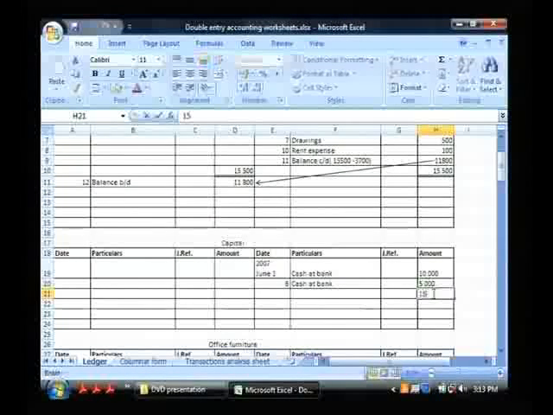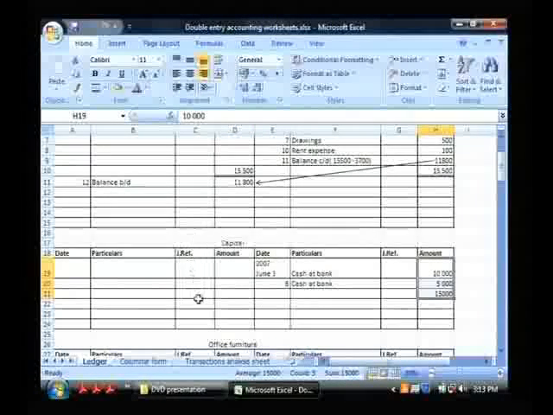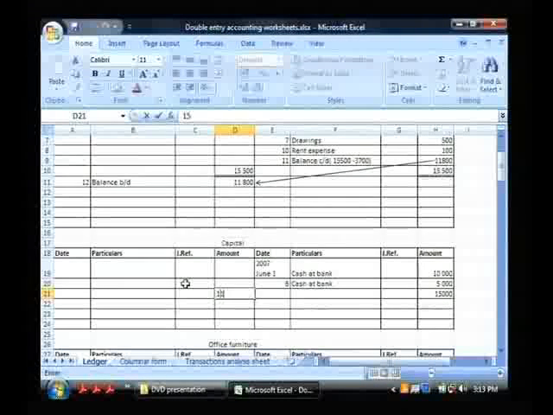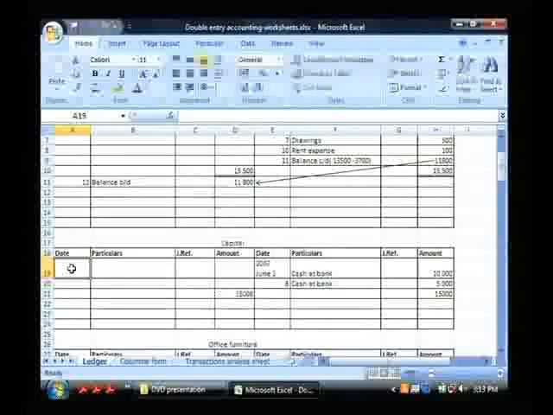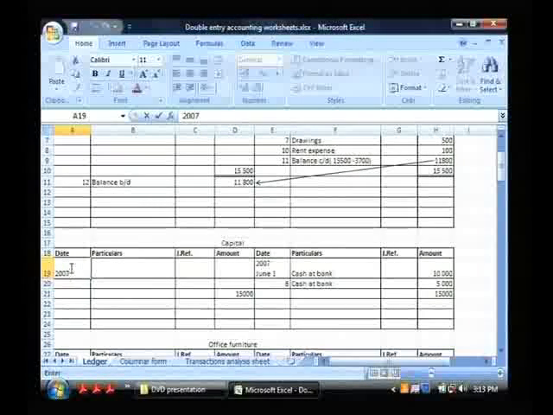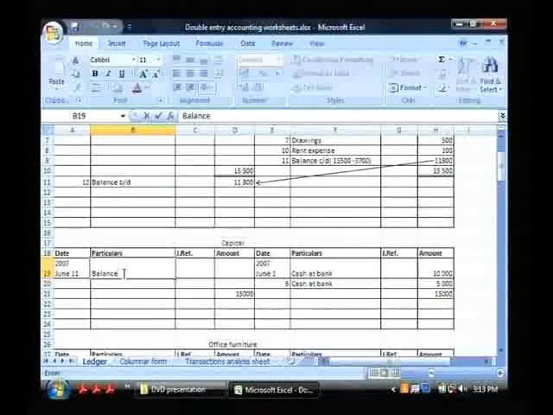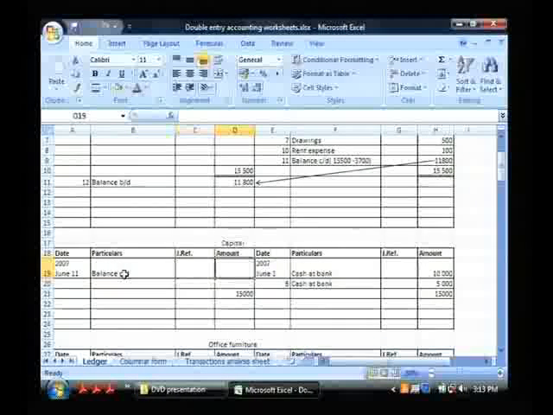Here let's look at all the accounts. 15,000 here, there are no entries in the debit side, so therefore write 15,000 in the same line. 15,000 here, and balancing date is 2007 June 11th, as I said earlier, and nothing to deduct, it is the same amount. Balance CD 15,000,